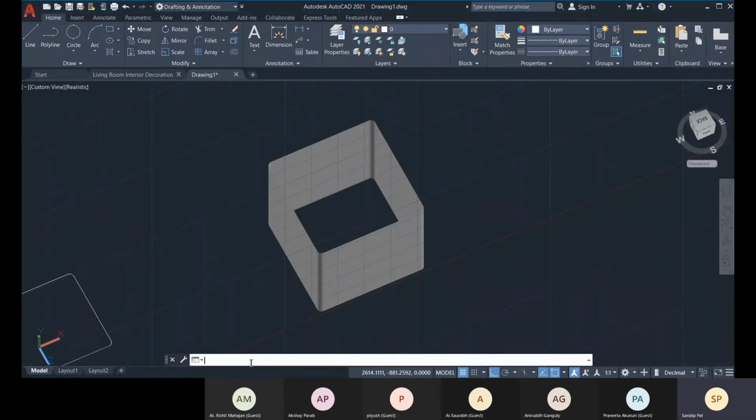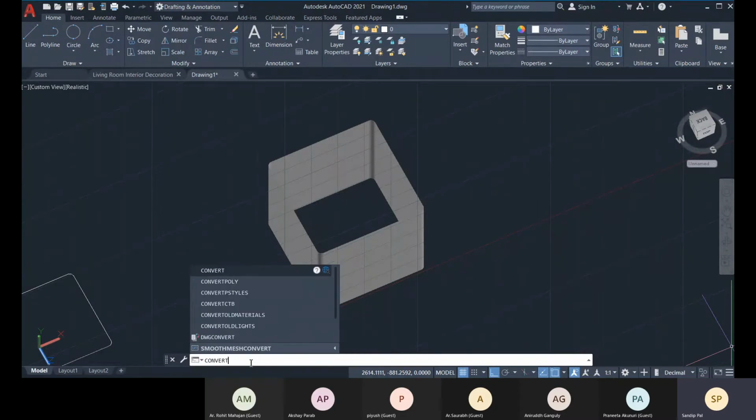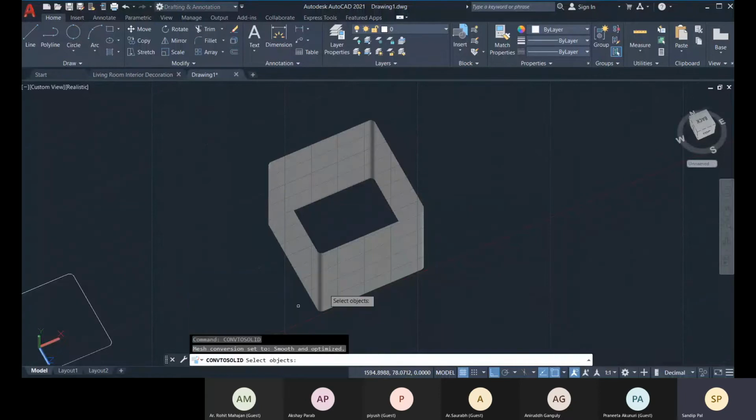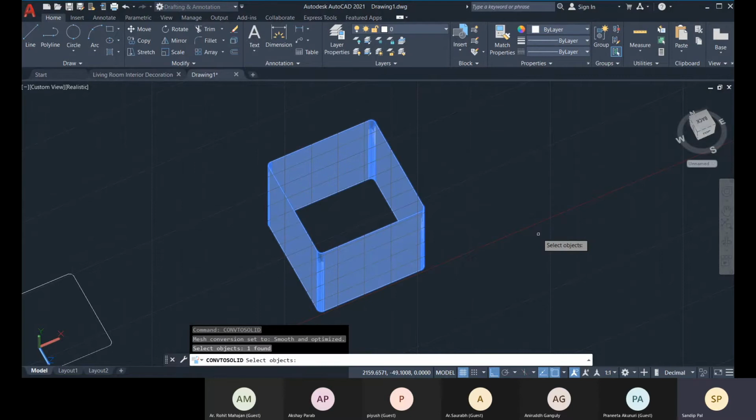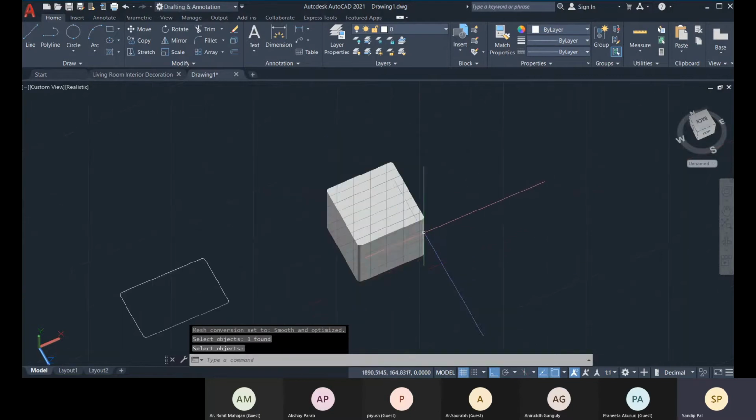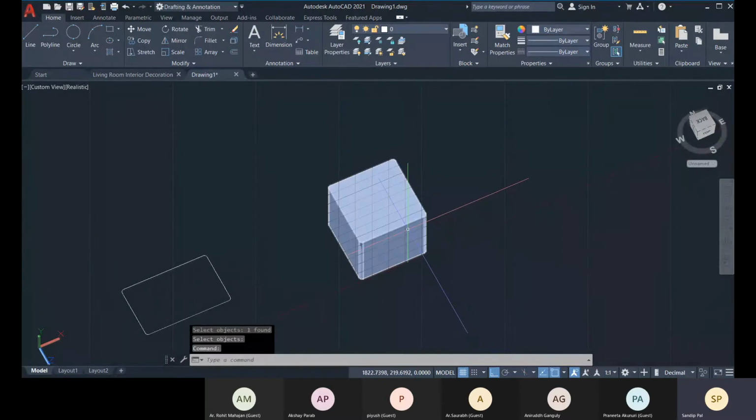So you can convert this into 3D. Okay, so the convert to solid option is there. Okay, convert to solid, and if you select this and press enter, it will be converted to a solid. You see, this is a 3D solid.